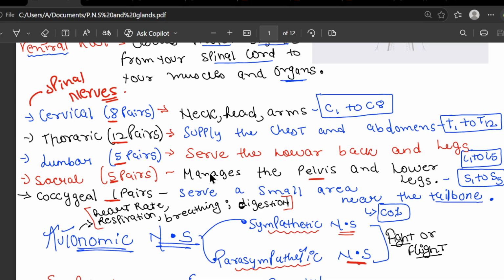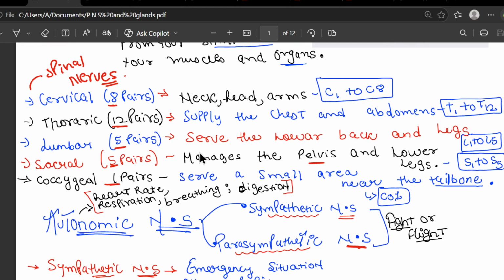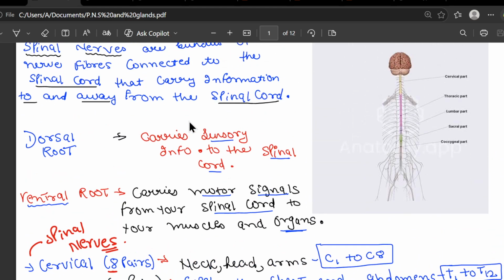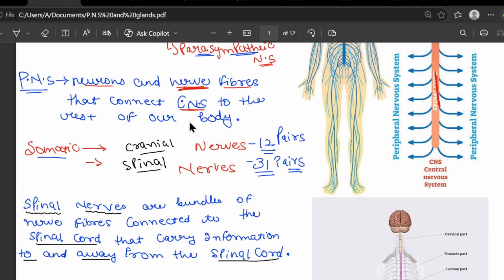Now your spinal nerves, as you can see, we have total how many pairs? Please let me know. I've already explained it. I will not scroll again. I want you to see it and tell me how many pairs. Exactly, you're absolutely right. We have a total of 12 pairs of cranial nerves, and we have 31 pairs